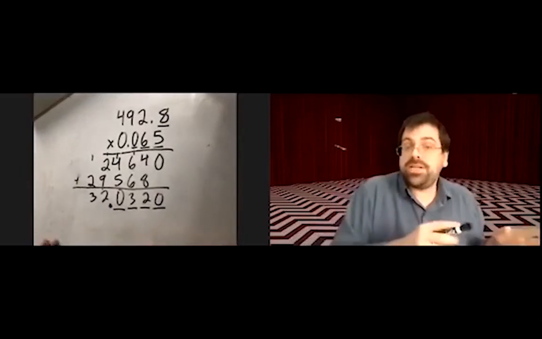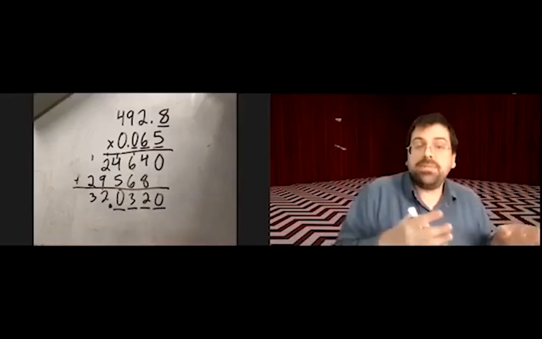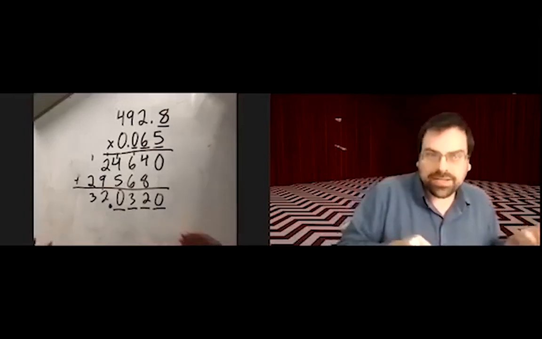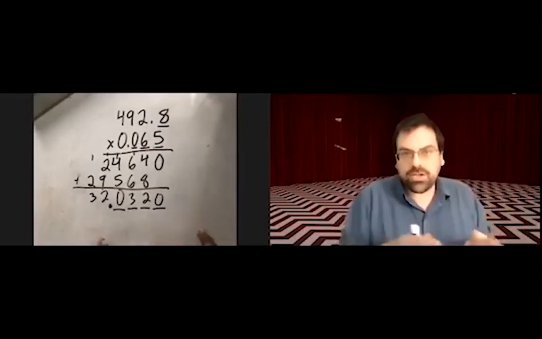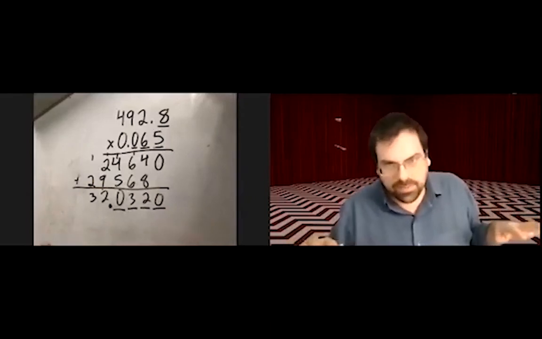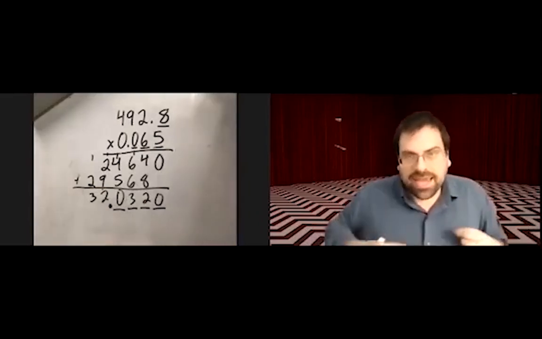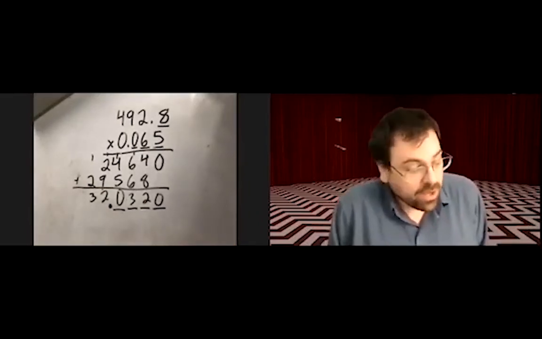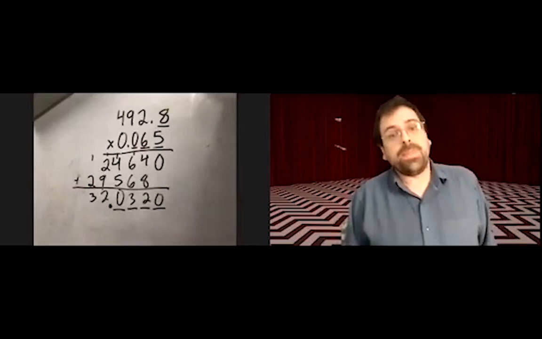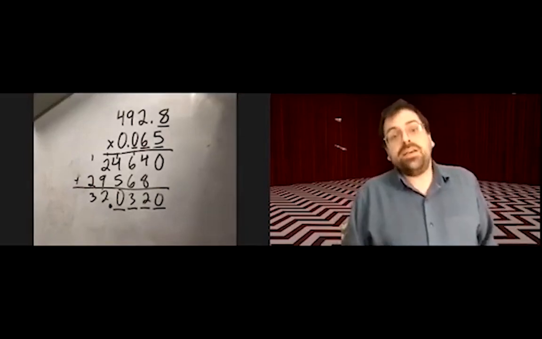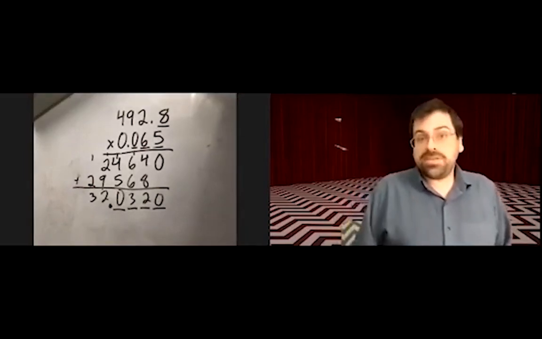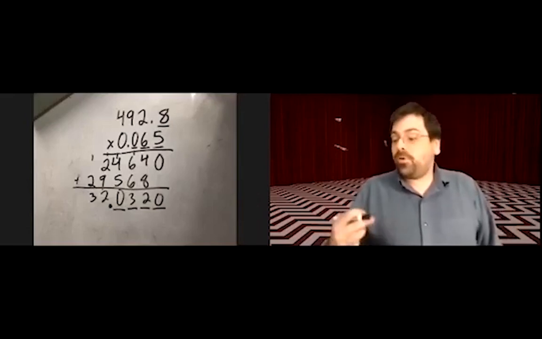So addition and subtraction: line up the decimal points, add or subtract like normal. Multiplication: do not line up the decimal points. Multiply like normal, and then do that counting at the end to figure out where the decimal point goes. Division, that's going to have its own set of rules. But before we get there,